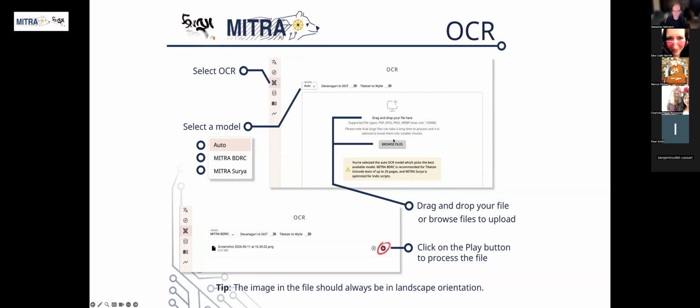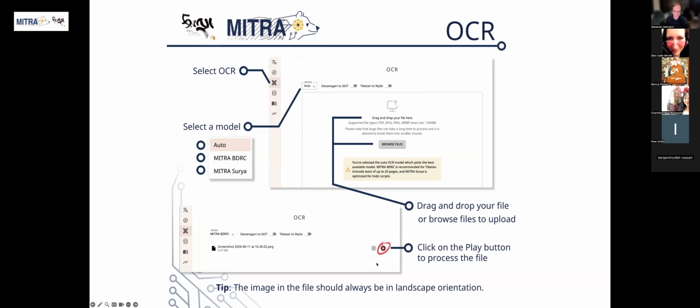And then you basically can either drag and drop the file directly into the interface, or you can click the browse file button here and then navigate to your file. After adding the file, you have to click the play button here in order to start the processing.